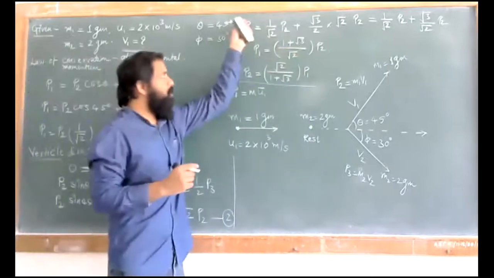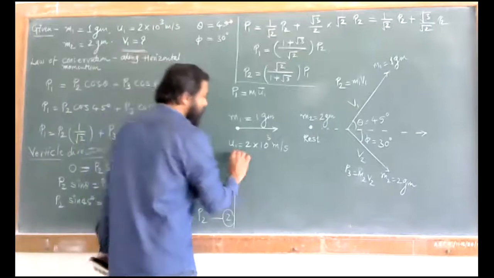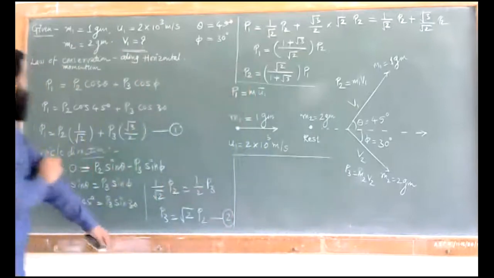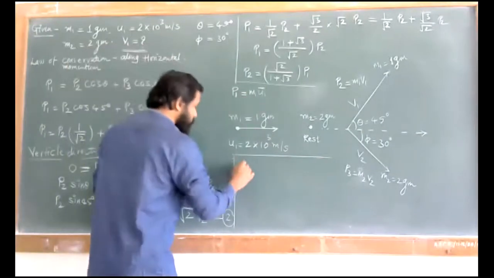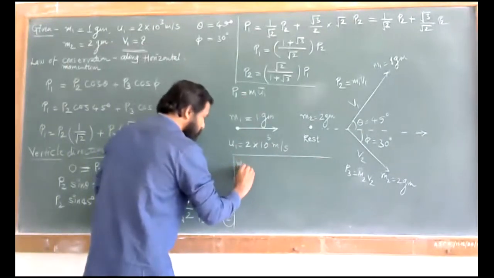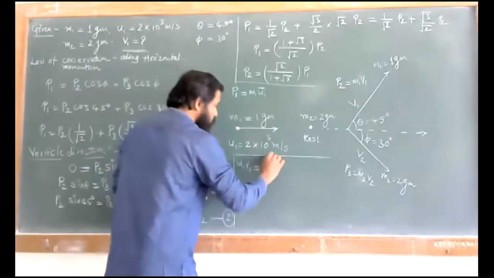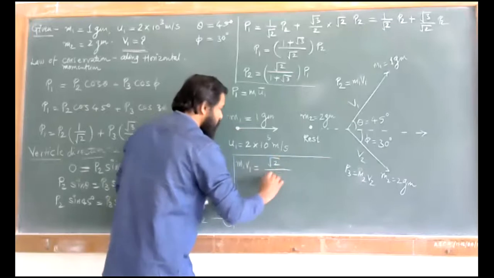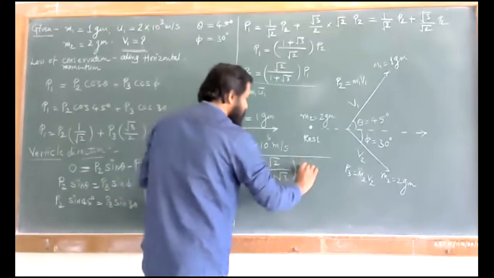P2 हे सगळं ट्रान्सफर करून द्या root 2 upon 1 plus root 3 times P1. Now we'll just use the values. That is, what is P1? P1 is nothing but m1 u1. What is P2? P2 is nothing but m1 v1. So m1 v1 is equal to this root 2 divided by this 1 plus root 3, okay, multiplied by this